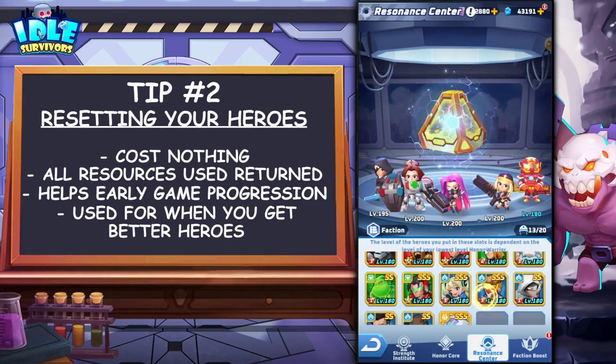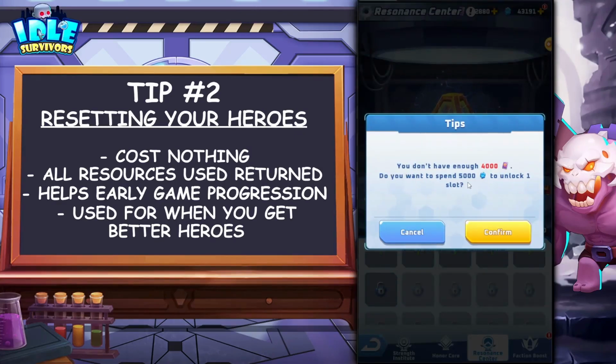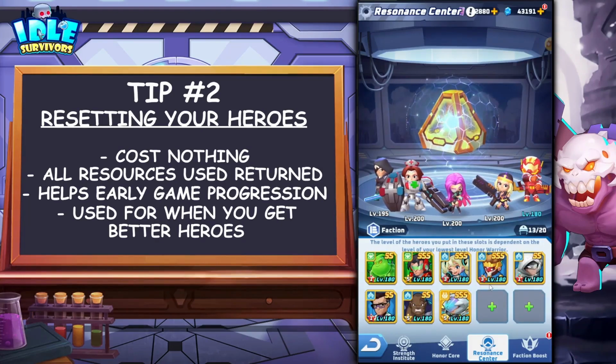You're not going to have a lot of these, and opening up more for diamonds is really expensive. Like, look at this, 5,000 diamonds for one slot. Obviously yours will be a little cheaper, I believe. The less you have, the less expensive, but still I think it's like 1,000 plus to open up a slot when you first start out. This is very pricey. I don't recommend doing this, but the reset will allow you to reset the heroes